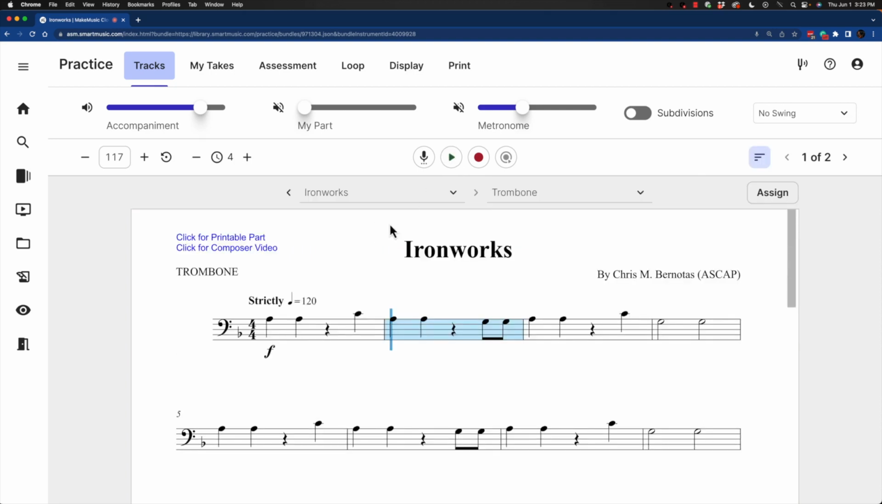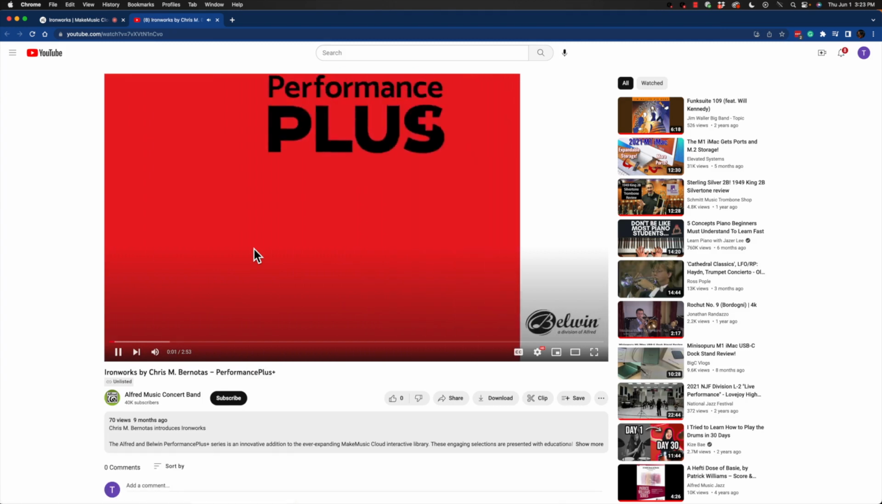But what makes this even more valuable is you can print the parts. You don't even have to have a print subscription. All of the Performance Plus series are printable. And what I truly love is we now have from the composer